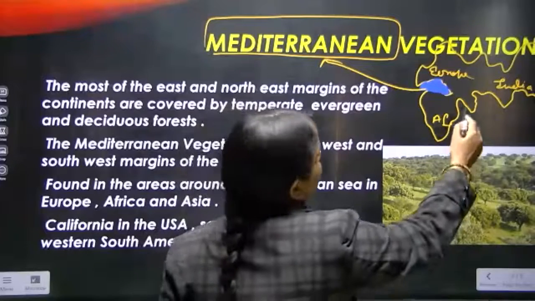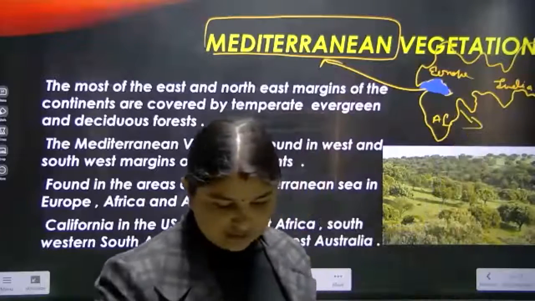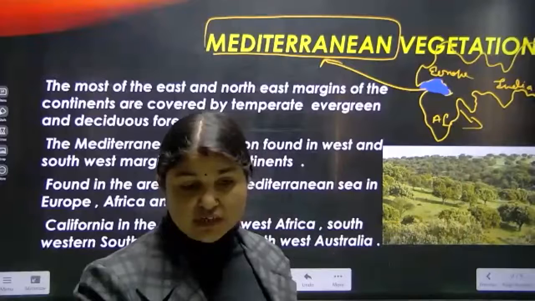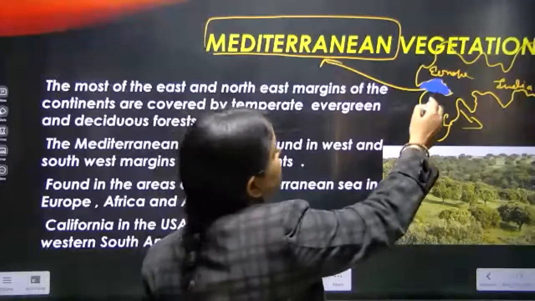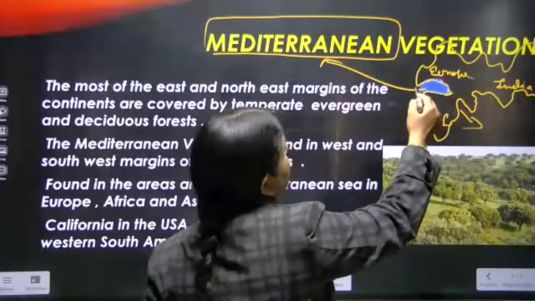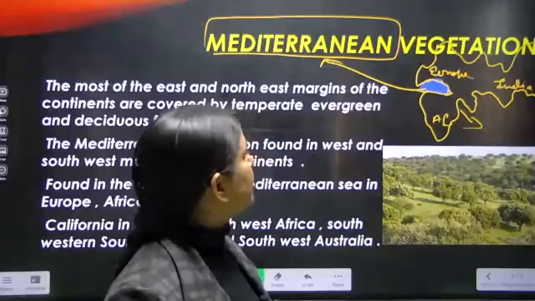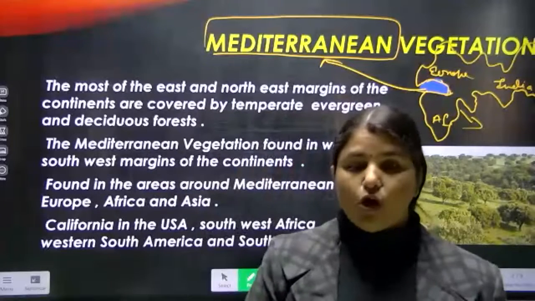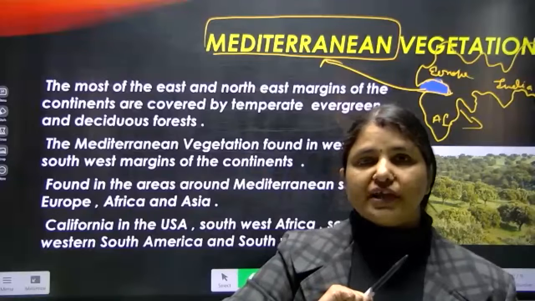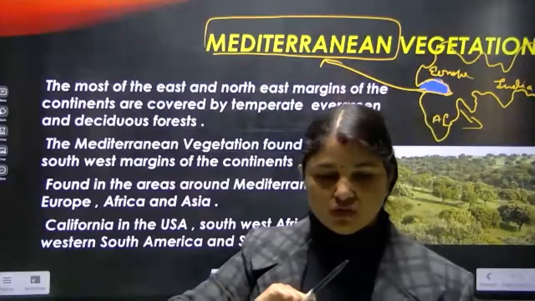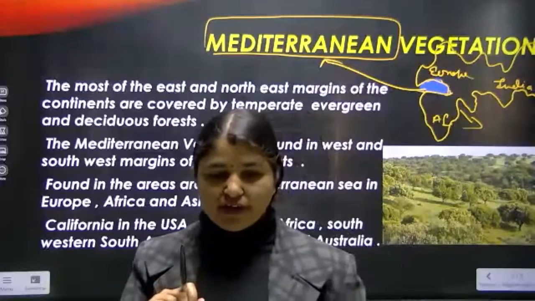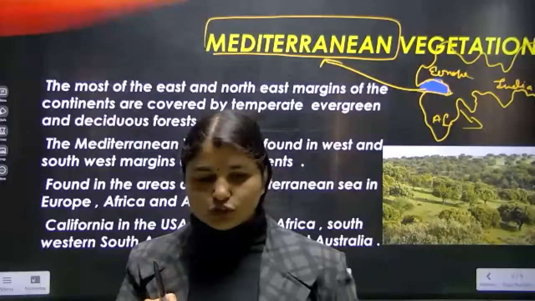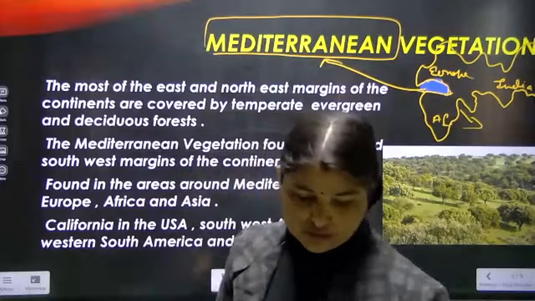Except that, here you can see one more sea is located, which is known as the Red Sea. So nearby the Mediterranean Sea only, some of the vegetation is located over here. About that we will study now. So I hope all of you got the location of the Mediterranean Sea now. Yes or no? Is the Mediterranean Sea location clear to you all? Okay then, come to the topic now.